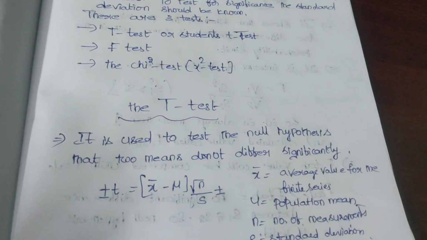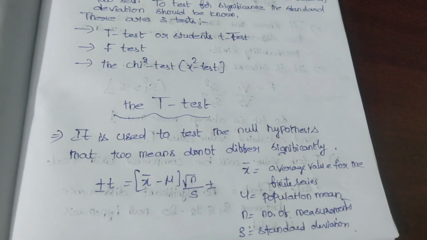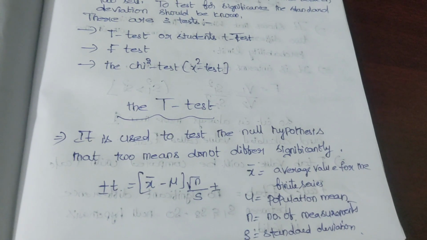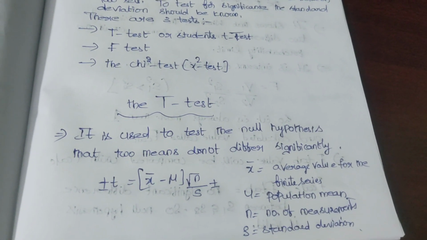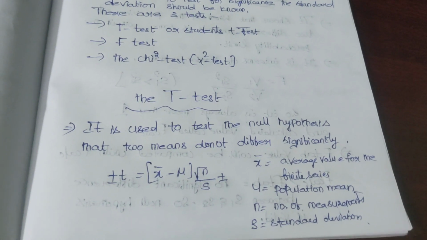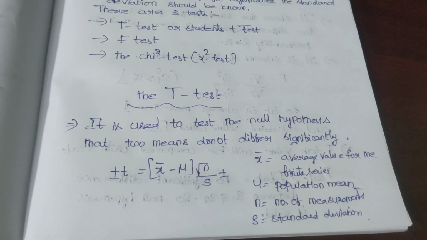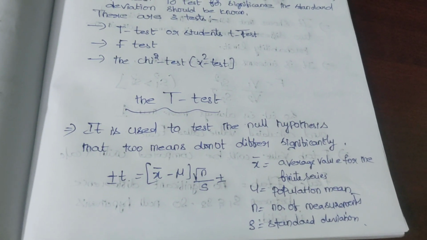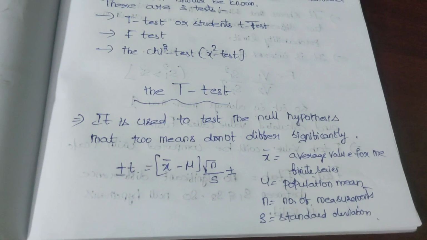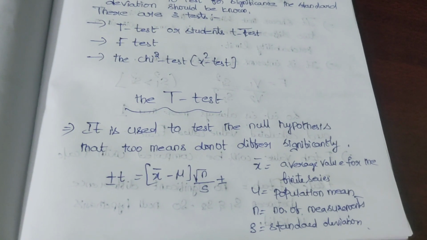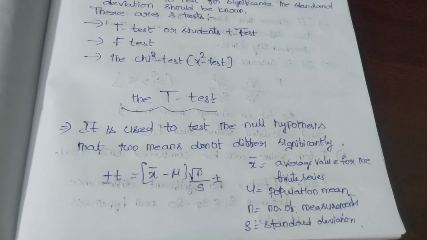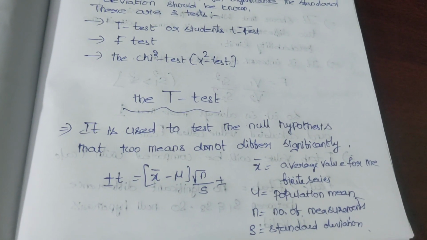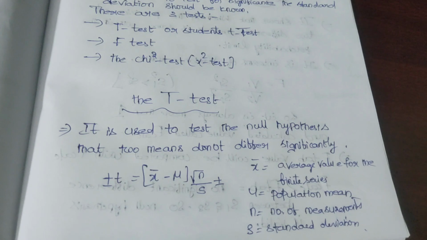The t-test is used to test the null hypothesis that two means do not differ significantly. We will take the mean of our one method which we are using, the new method, and also the mean of the accepted method. How will the two means differ? If they do not differ significantly from the accepted one,